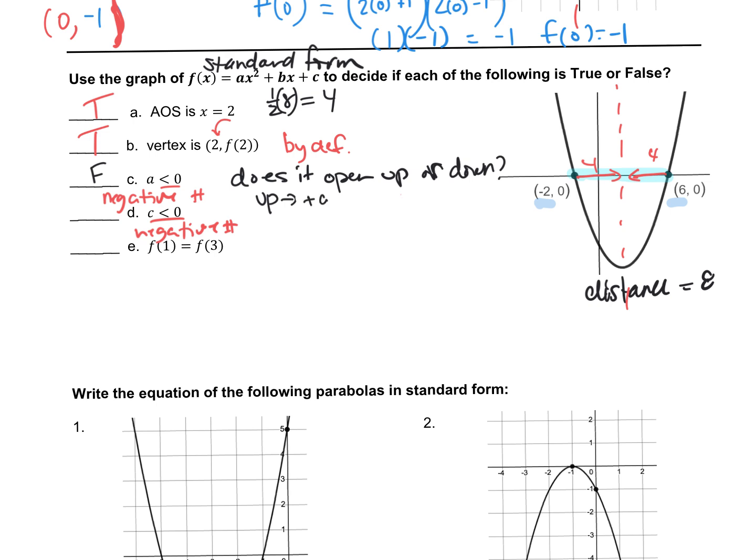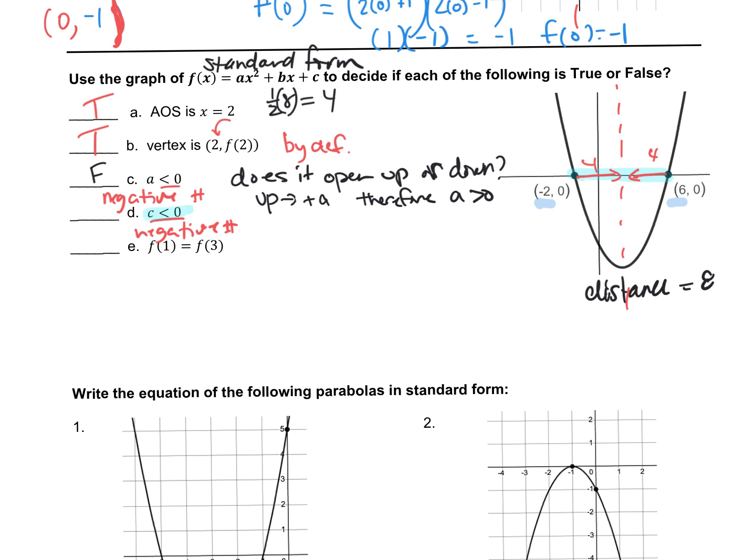Positive A. So therefore, A has to be greater than 0. Okay, so that's false. The next one, if you can see around all of my mess here, is